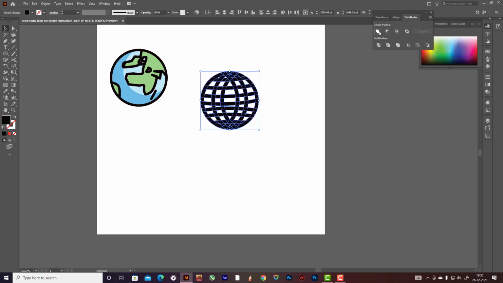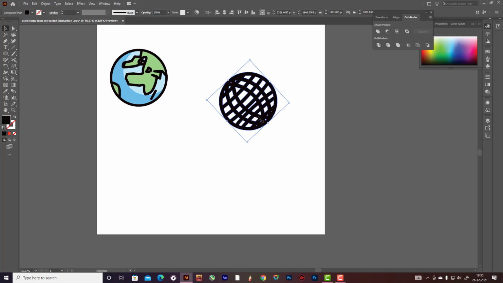That's the globe. Now unite everything. This now rotate like this, like this. Okay, now I'm creating a